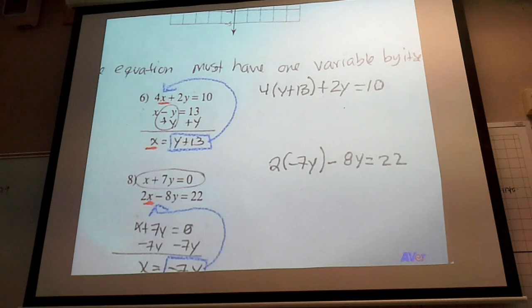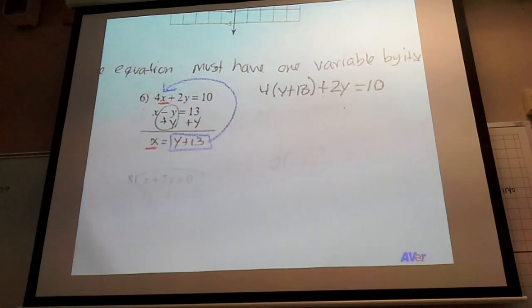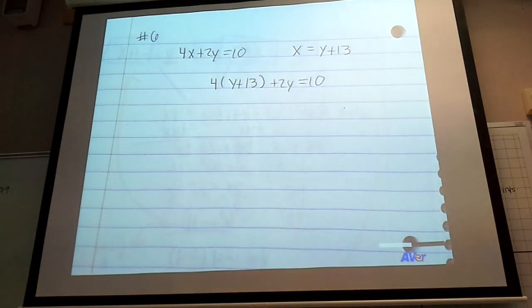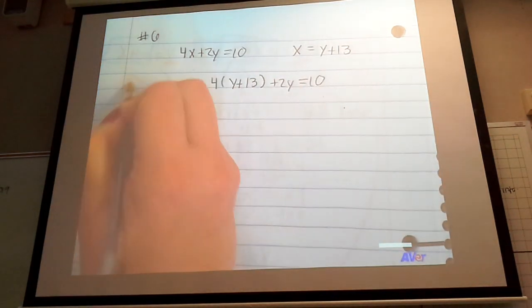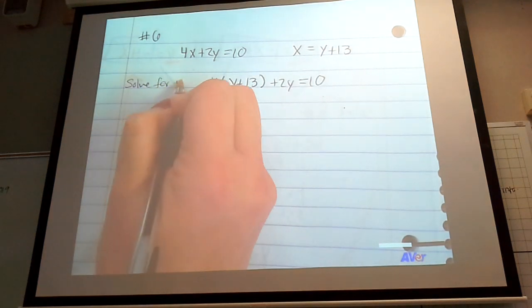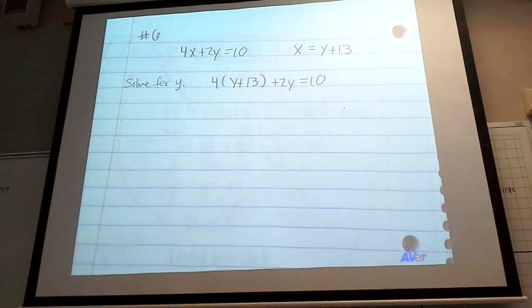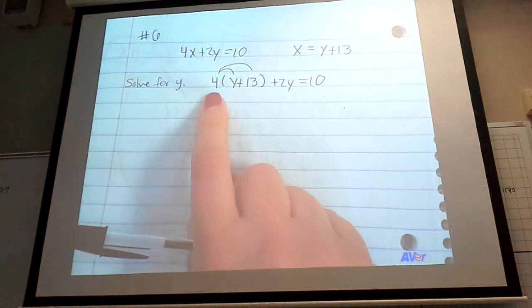With the new equation where the variable is by itself, and writing our new equation: 4 parentheses y plus 13 plus 2y equals 10. So I'm going to put this over so you can see that, maybe write a little bit bigger. So now what we want to do is make sure that we solve for y, which is one of the variables. When we solve for y, we're going to have to go back into one of these equations and find the second variable. So first things first, I have to distribute,